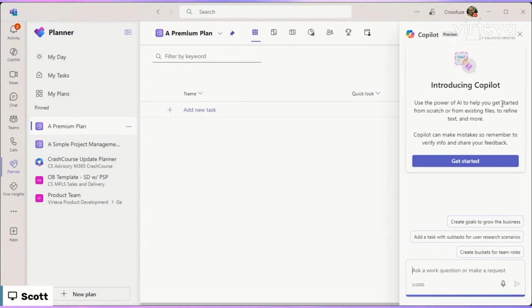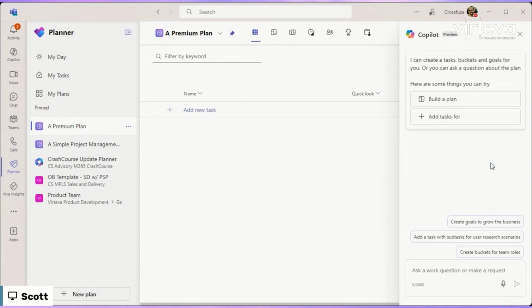So, hey, welcome. This is Copilot. This is how it works. And it's going to give me the get started option here. I actually haven't clicked this before. I haven't seen this prompt, so I'm going to click it. This is just going to show me that it can build a plan for me. It can add tasks. And it's also going to have those contextual prompts: create goals to grow the business, add tasks for users, create buckets for roles and teams. So I'm going to click on build a plan